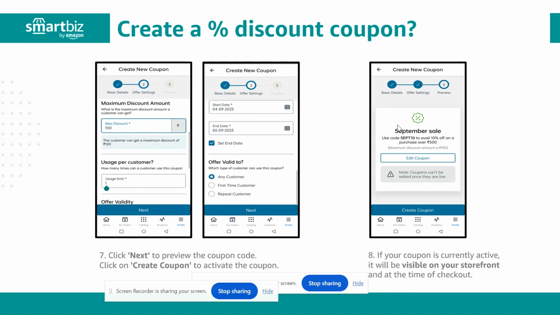एक बार ये कर दिया, उसमें हम मैक्सिमम डिस्काउंट अमाउंट भी सेट कर सकते हैं कि फॉर एग्जाम्पल इससे ज्यादा अमाउंट का डिस्काउंट हम नहीं देंगे, तो यहाँ पे आप वो मैक्सिमम अमाउंट भी डाल सकते हो। और आप ये भी सेलेक्ट कर सकते हो that how many times a customer can use this coupon, तो आप उसका यूजेज लिमिट भी वहाँ पे सेट कर सकते हो।